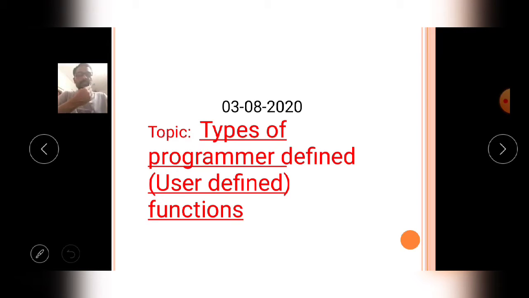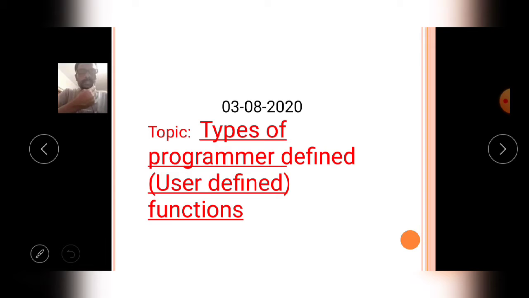In the previous class, we discussed what a user defined function is, how to construct it, how to call it, and how to define it. All these topics were covered in the previous class. Today we will discuss the types of programmer defined functions in C language.